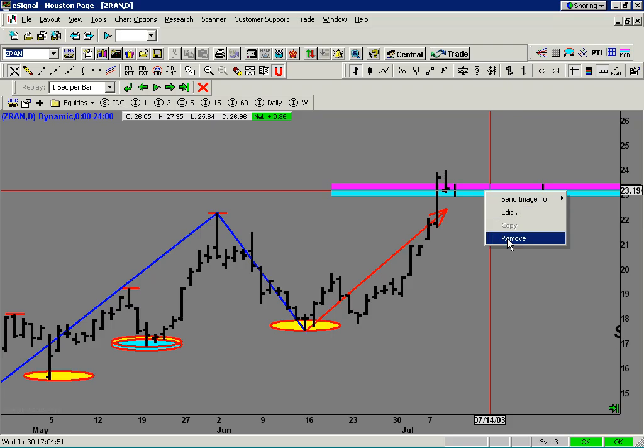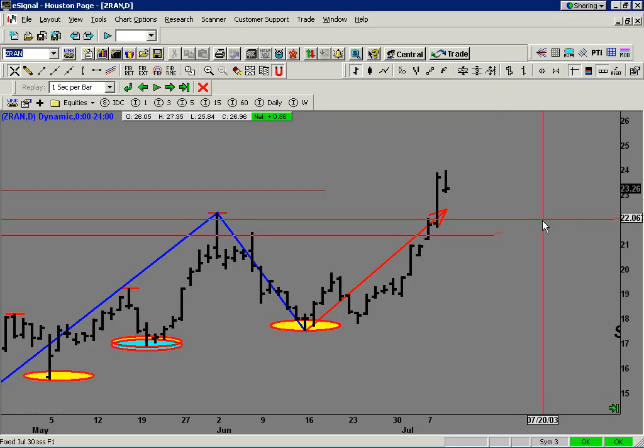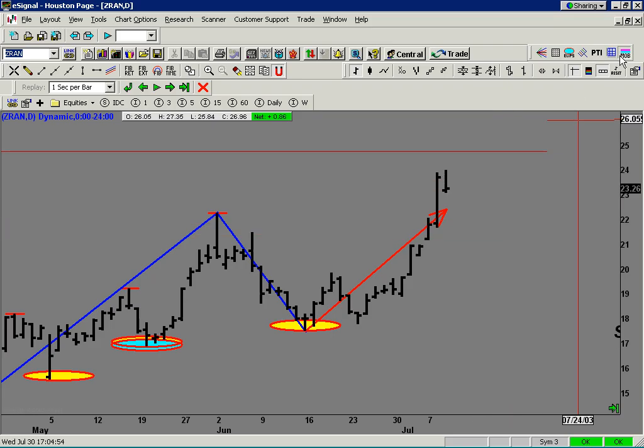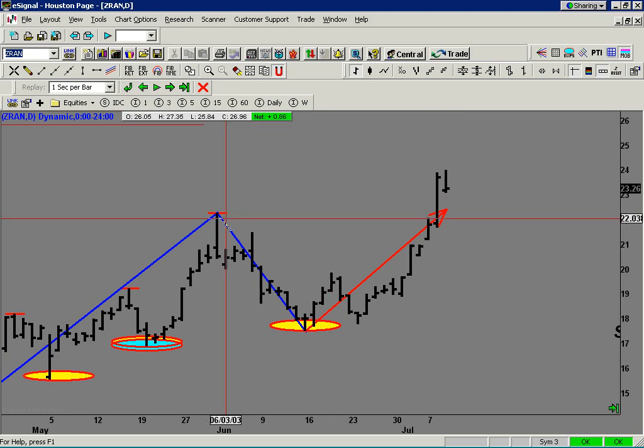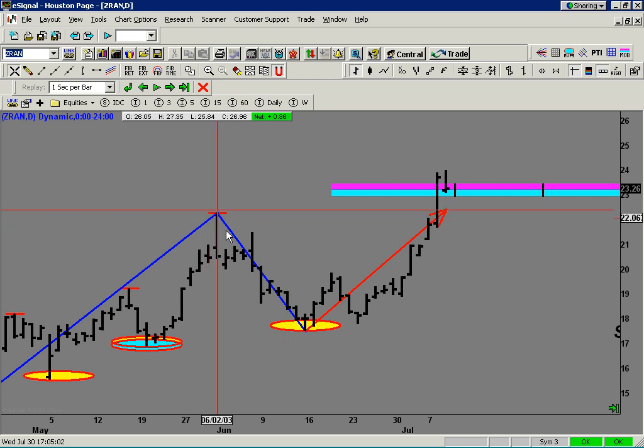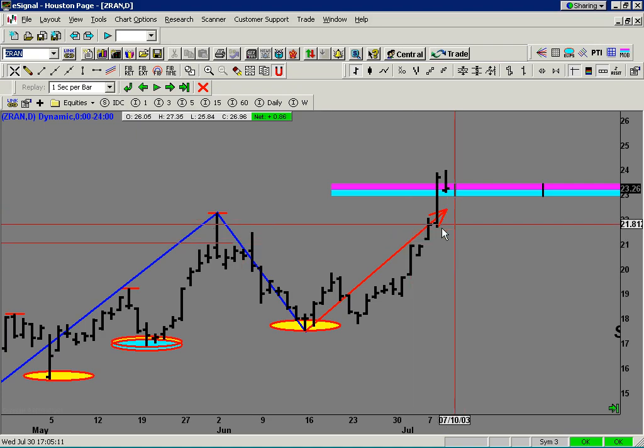Sure, I'll go ahead and remove the mob that I have on here now. Select the mob tool, and I'm going to make just a single click up here at the end of momentum 1, and up pops my mob. So it's only one click at the end of momentum 1. So that's the mob projection, and we were projected by the mob to be at a price of at least $23.21